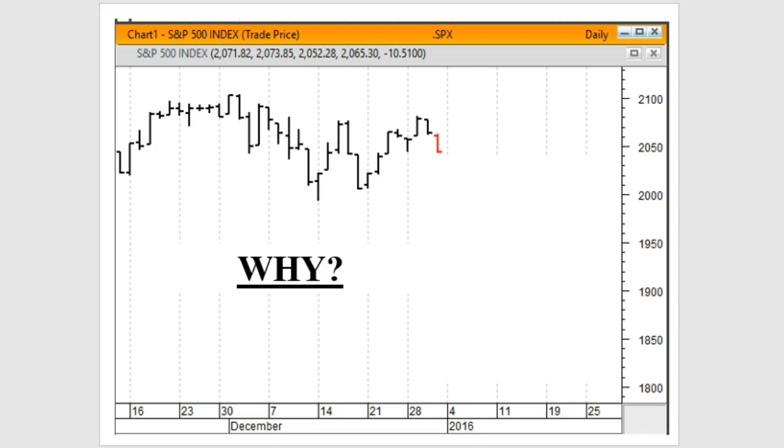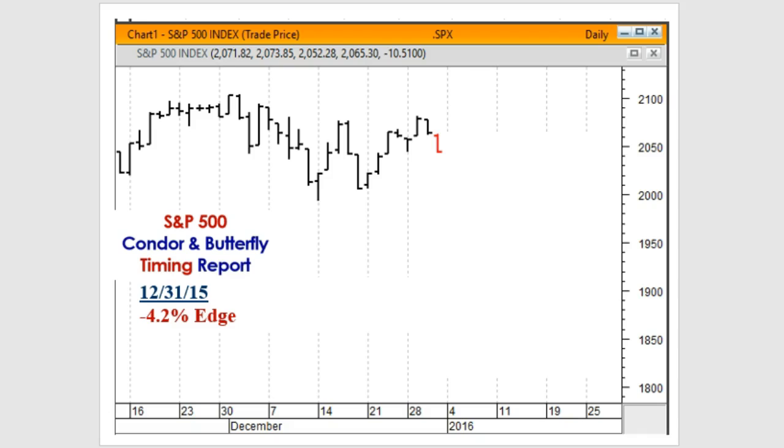So here's an example as to why you'd want to pay attention. Back on December 31st of 2015, the market had been chopping around for a bit, and you may have thought about placing a butterfly or condor trade. And if you had run it through our algorithms at the time, you would note that there was actually a negative edge